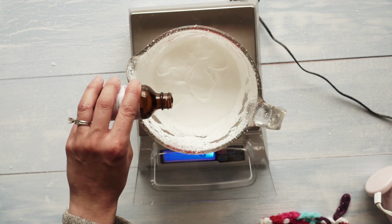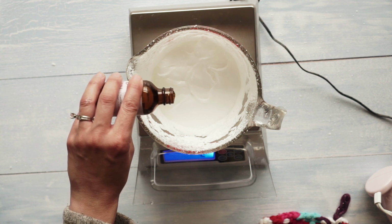So once this is made, you want to be really careful to keep it clean. It does have the preservative in it, but you still don't want to use your hands to get it into the container. You want to use a spatula that's really clean, or ideally even disinfected in a solution of 90% water and 10% bleach. These are things that you are supposed to do. I never do this if I'm just making lotion for my family. I never disinfect